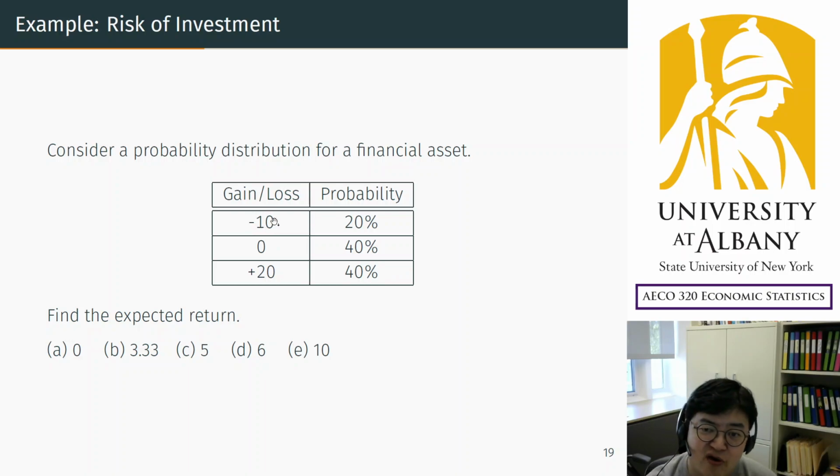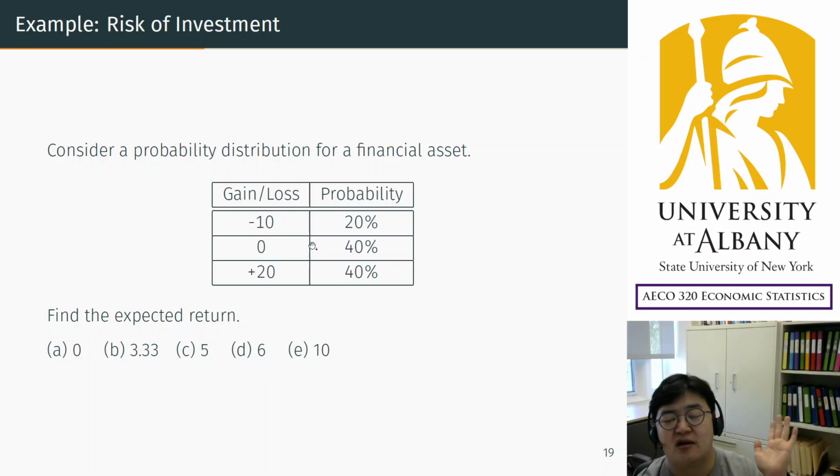You are investing, you bought a stock or say lottery, and there are three possible outcomes. You may lose $10 or nothing, or you may earn $20. And the probabilities are like this: 20%, 40%, 40%. So simple financial investment. And from here, try to find the expected return. It's a simple exercise. The first step,